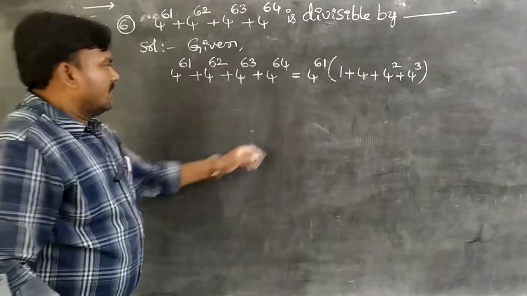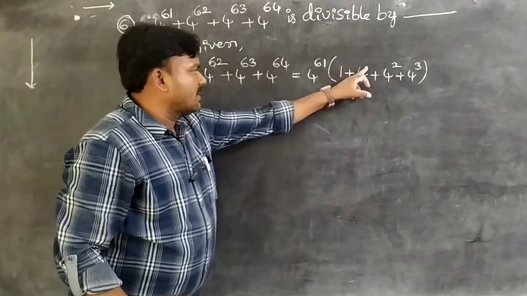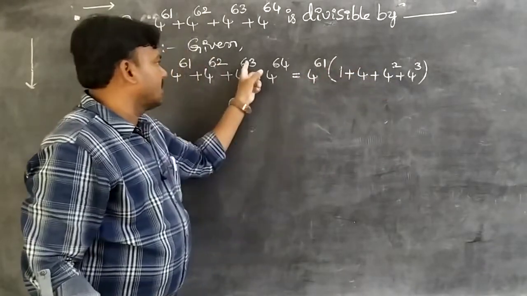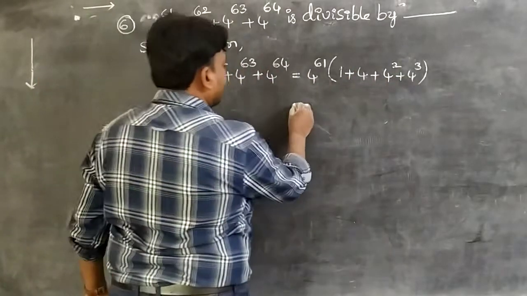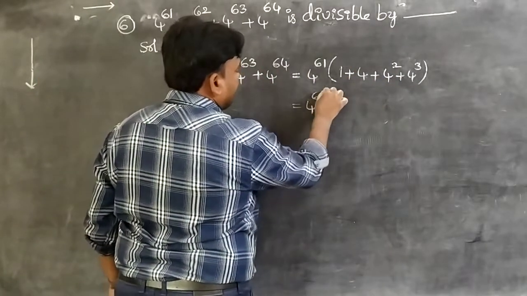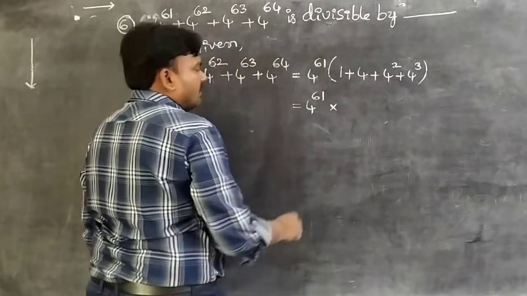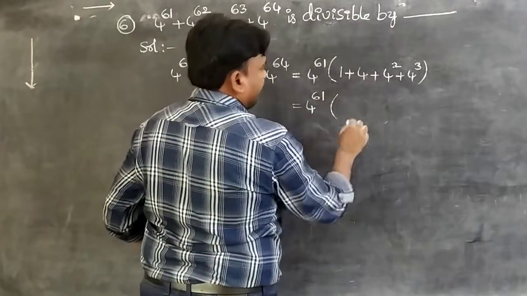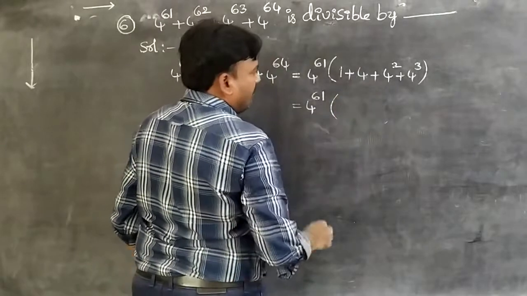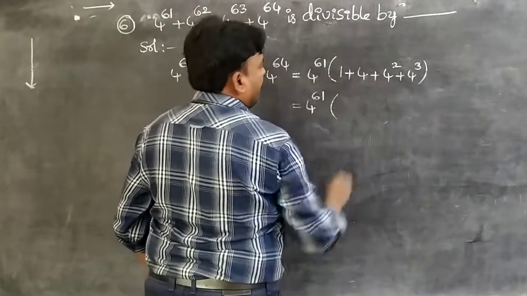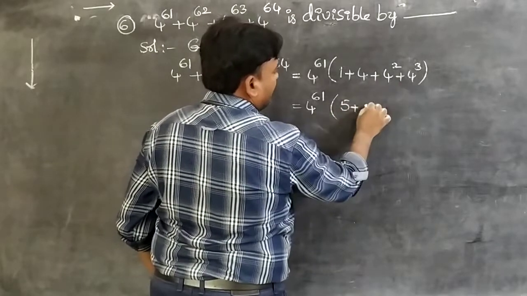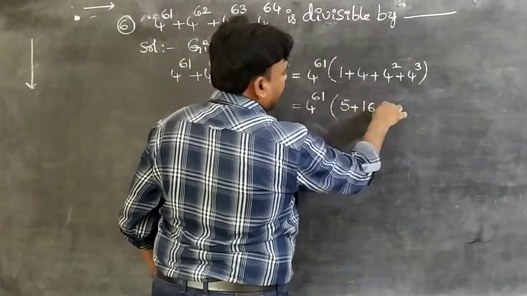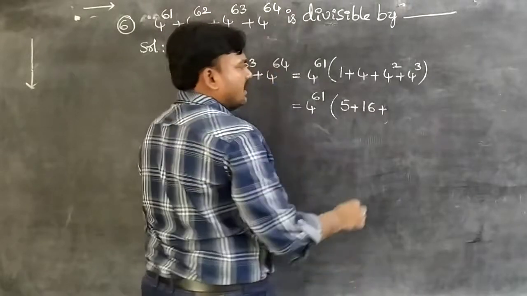Right. 61 plus 1 is 4 power 62, 61 plus 2 is 4 power 63, 61 plus 3 is 4 power 64. So then 4 power 61 into, we have taken brackets, 1 plus 4 is 5. 4 square value how much? So 1 plus 4 is 5, plus 4 square value 4 4s are 16, plus 4 cube value 16 4s are